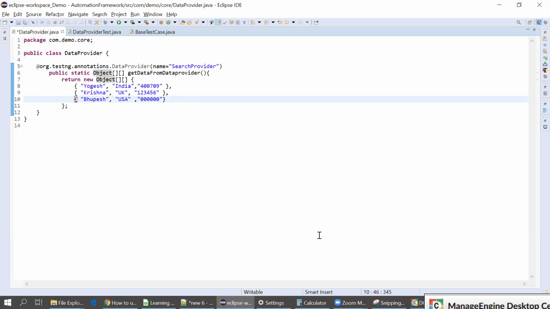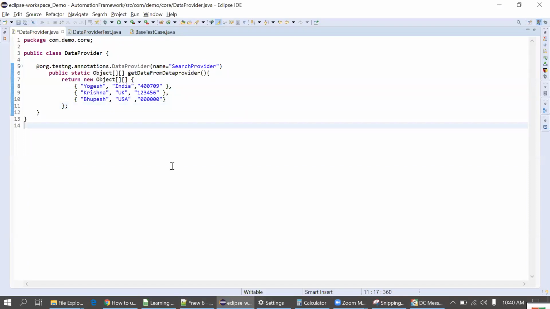Okay, fine. So sir, in data provider, we provide the data, and if we want to send that data to the browser, then we use sendKeys in our test case. This is the test data actually. Instead of sysout, we just use sendKeys where we want to send that data. Sysout is only for understanding. At test case level, we never write a sysout statement. When you are debugging the code the first time, you can use sysout, but when you are finalizing your code, don't use sysout in the test case.